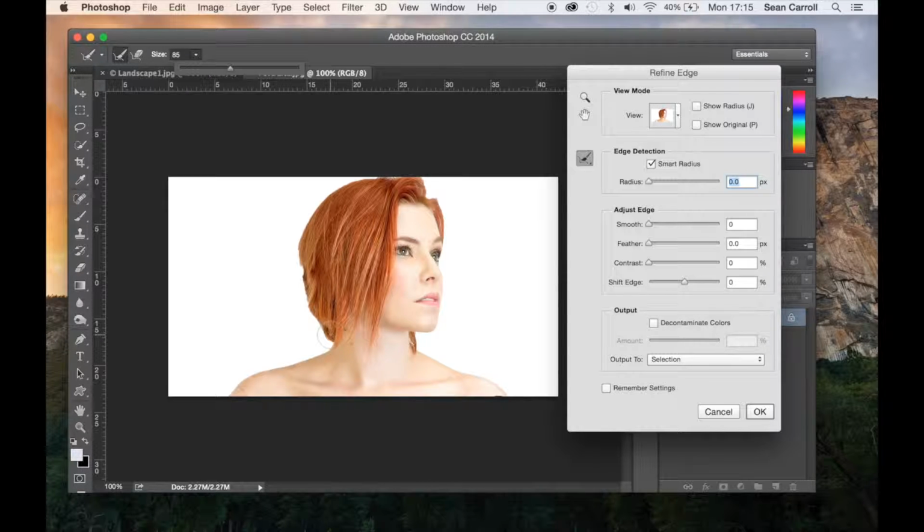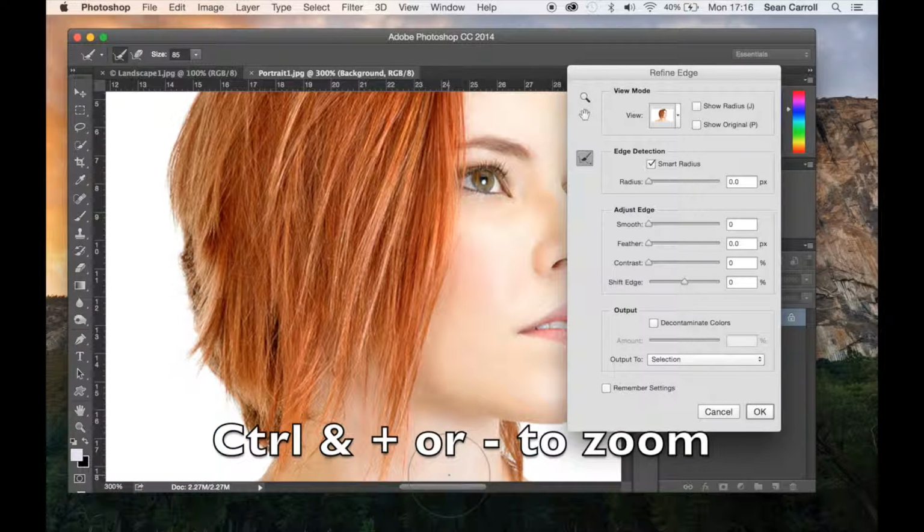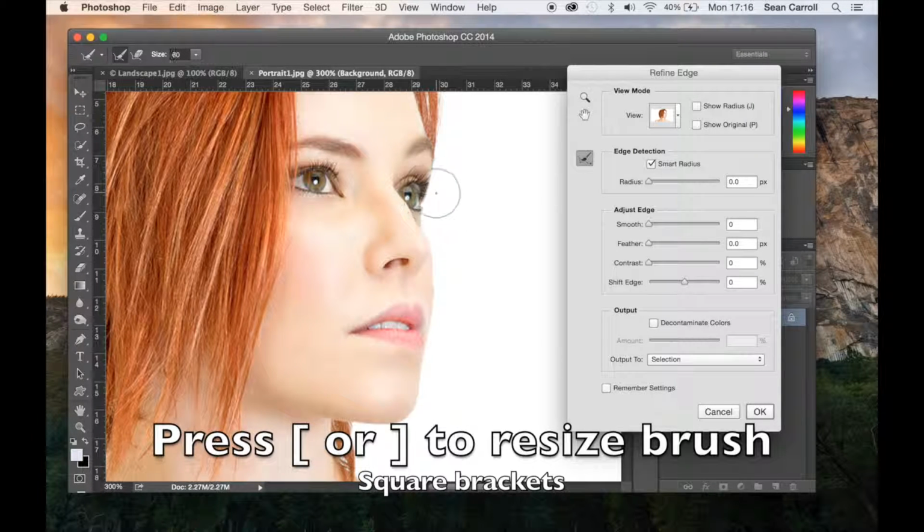So if I click and drag around the edges of the hair, you will see that it will select and make appear these little bits of hair that the selection tool didn't get before. Okay, I'm just going to zoom in quickly because I quite like to get this bit of eyelash here. Okay,